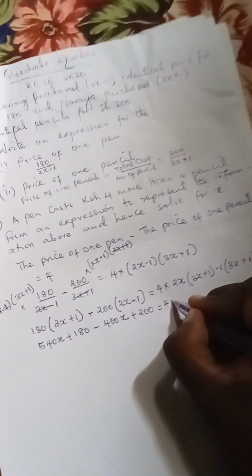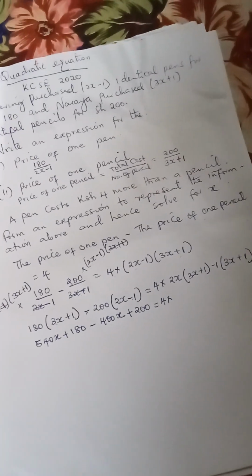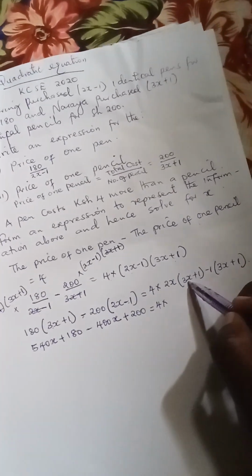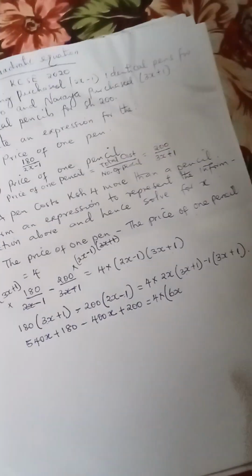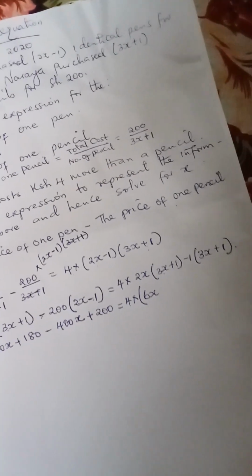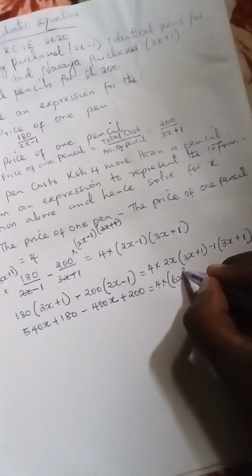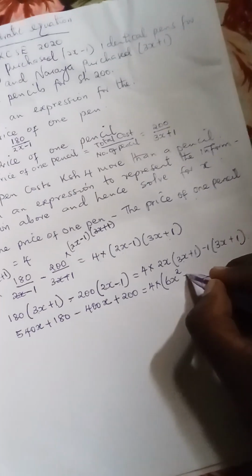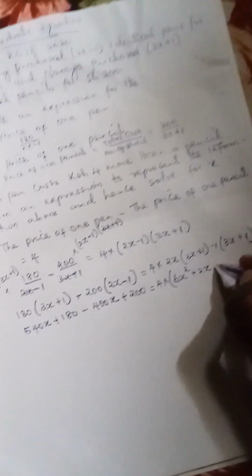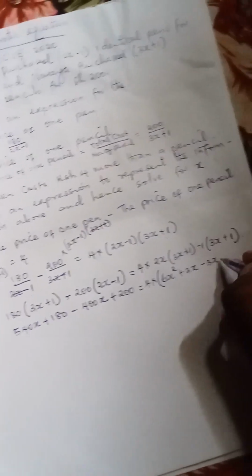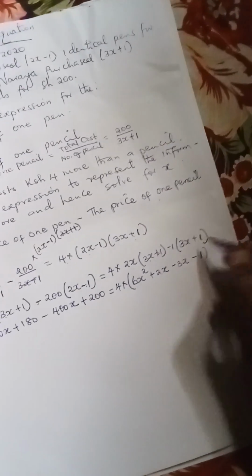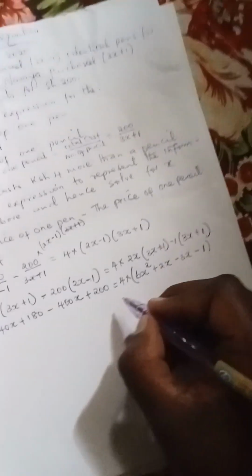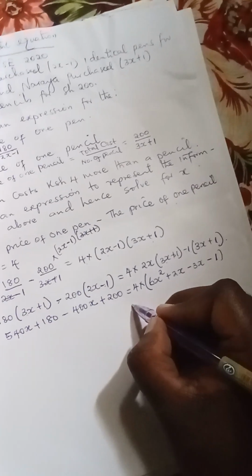4 times 2x times 3x, 6x squared, plus 2x minus 3x minus 1, negative times positive, which will give us